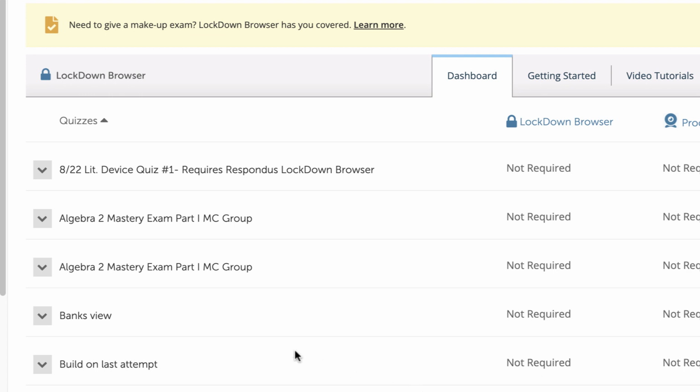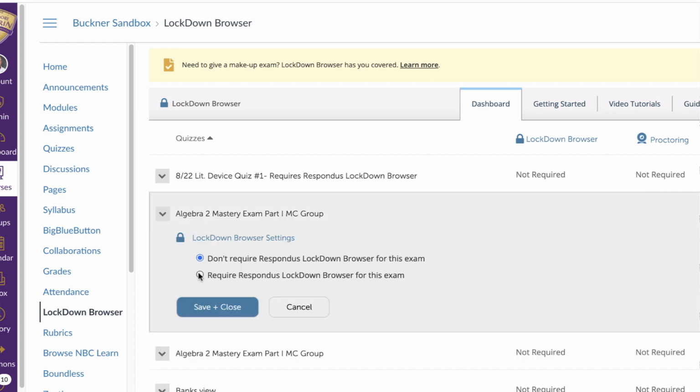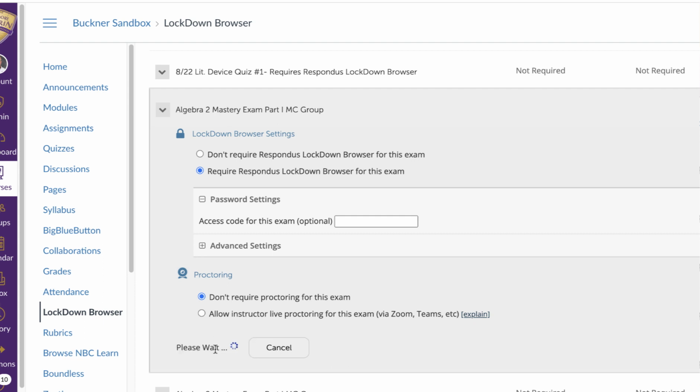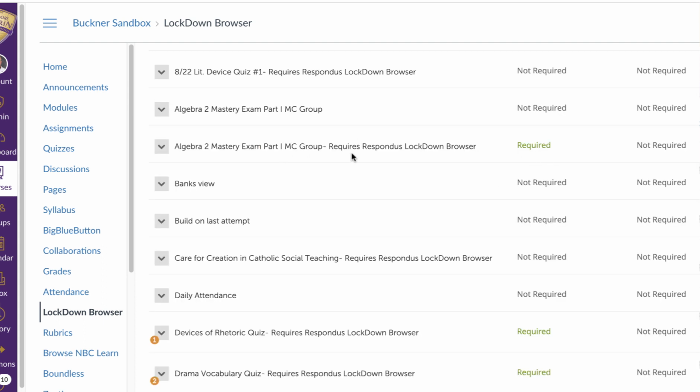If it is not, then you will want to go into the settings for that quiz, and then you will click Require Respondus Lockdown, then save and close, and now you will see that lockdown is required for that